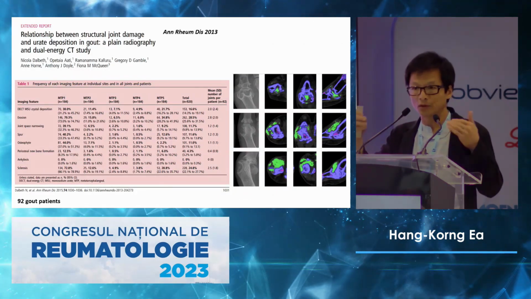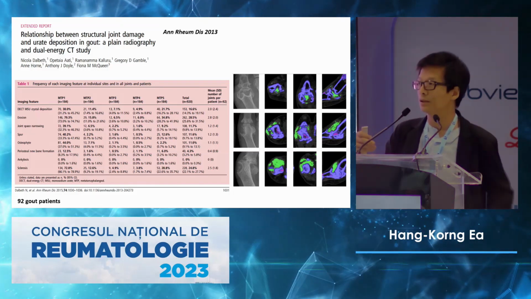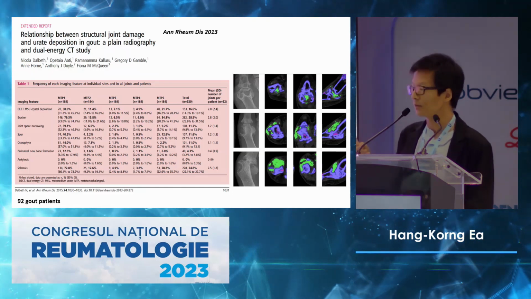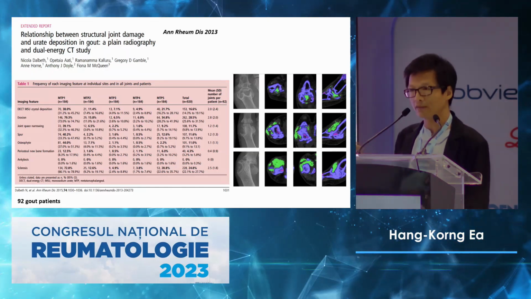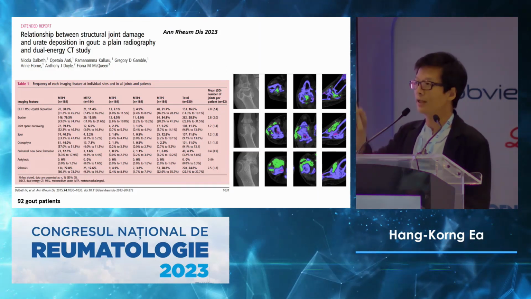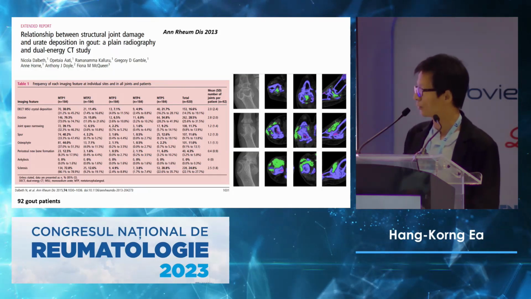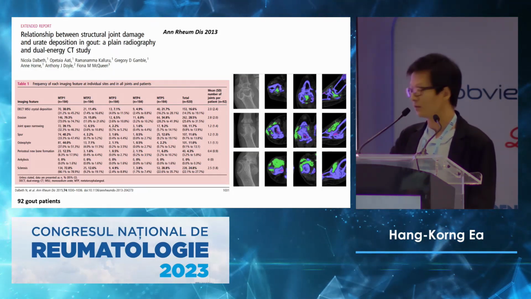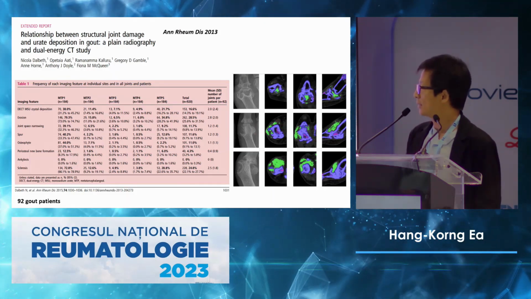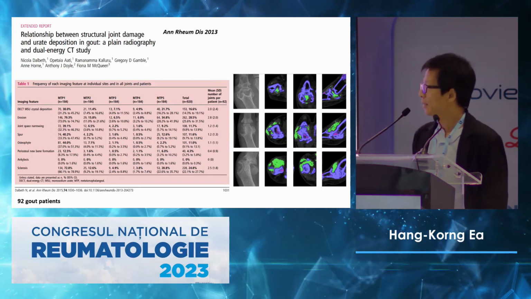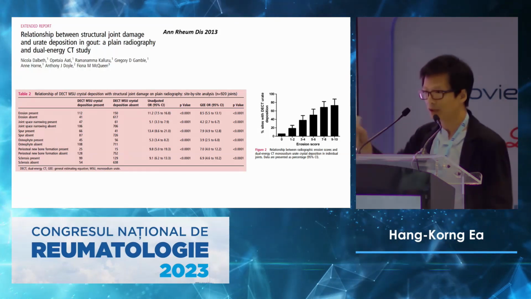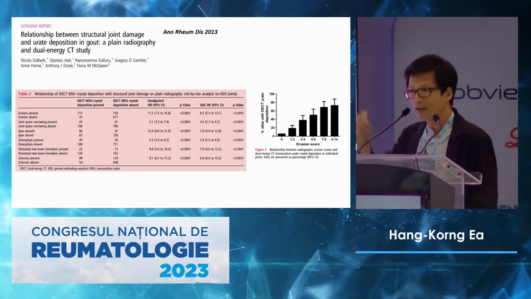The presence of the crystal depositions is the main factor that drives the bone and joint damage. And this was evidenced by a lot of work, and one of them was conducted by Nicolas Dalbeth, using X-ray compared to DECT. The DECT will assess the depositions of the crystals, highlighted here in green color. And in this work, the different items of joint damage and bone damage, erosions, sclerosis, joint space